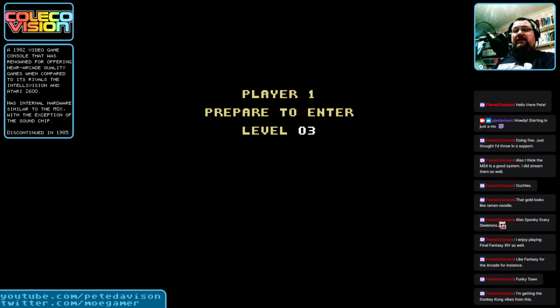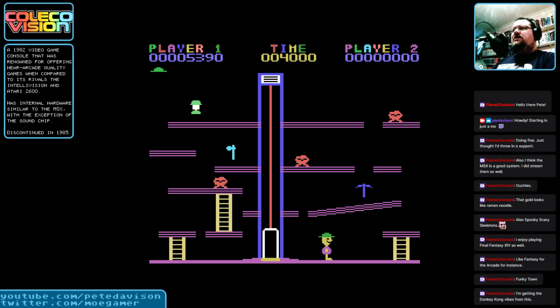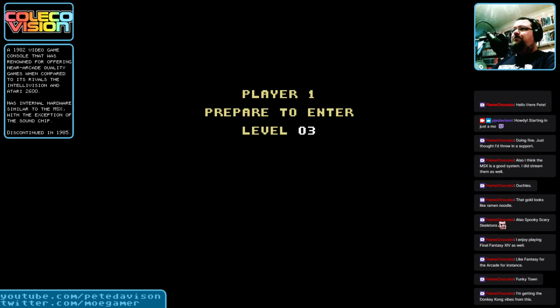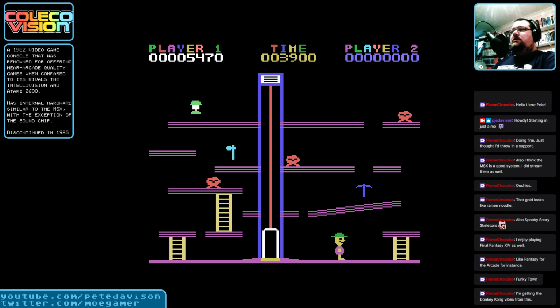Even more so if you didn't live in the United States, because I don't think this got an official release outside of the United States until much later. So if you wanted to buy that original cartridge version of this, you'd have to pay up the expensive price that it cost in the first place, and then you'd also have to pay up for it being an import game as well. The gaming could get pretty pricey back then. But then of course piracy was rife as well, so you know, we had Miner 2049er on our Atari and we certainly didn't pay for it, so